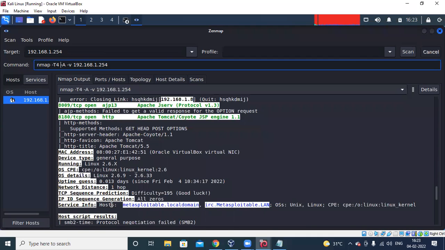So this is the second option, one more technique that we can do. We can scan this IP address in nmap, or we can get it through our Zenmap. So these are the two ways that we can scan the network. You can get the information about this network, and doing this is the second step of ethical